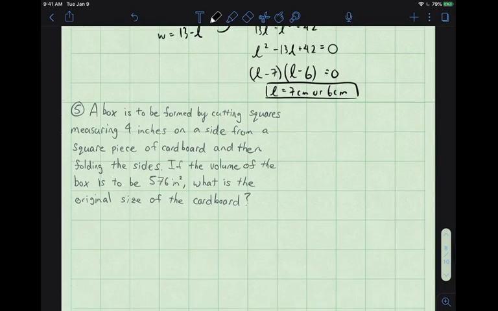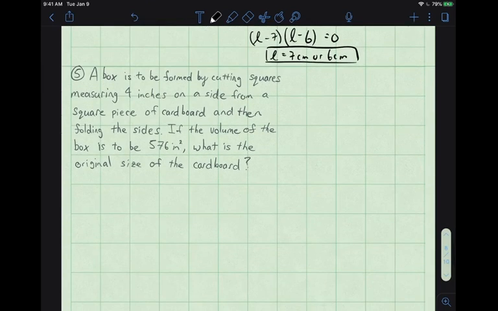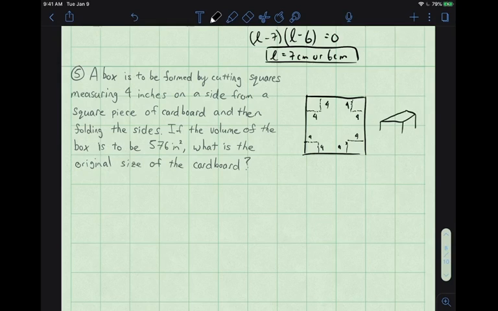A little bit more complicated problem. In your number 5, we have a box that is formed by cutting the corners off of the square. You'll see these problems, similar ones, later on in Algebra 2. Maybe in geometry if you're in there now. So we have our corners that are like that. We fold up our box so it looks like this. Once you fold it up,